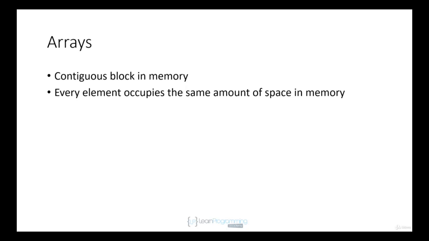So if you create an array of strings, what you're actually storing in the array is a bunch of object references to the string instances. And those object references are all going to be the same size. And that's why you can have an object array and store any type of object in there. It's because the object references to the different instances are always the same size. So arrays occupy one contiguous block in memory, and every element in the array occupies the same amount of space